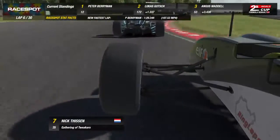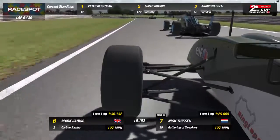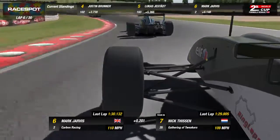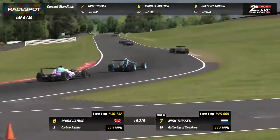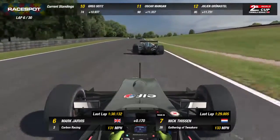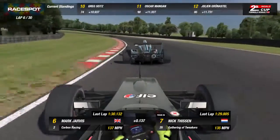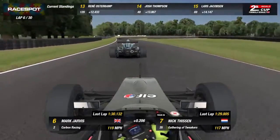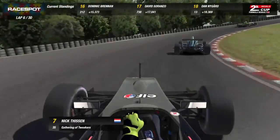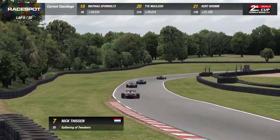107.53 miles an hour. Nick Thisson gathering a tweakers machine there versus Mark Jarvis, battle for P6. And as you said, this is the only change of position we've had so far inside the top 10. Nick Thisson wants to get that position back though. He gets himself a very good run off the corner. This might give him half an opportunity through Island Bend. We saw earlier a pass down into Island went horribly wrong, but even down here the issue is into Shell Oil's corner, because Island Bend is so fast,